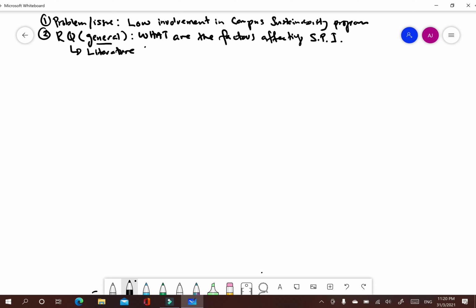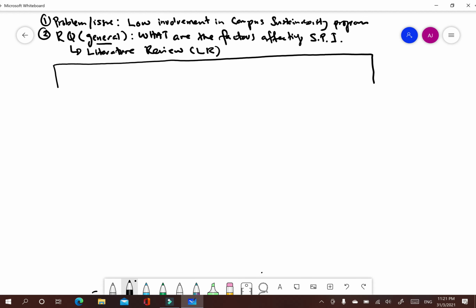literature review. Okay, so this is the process. Now, as a guidance, we can have what we call a summary of literature review table. For example, you can have this kind of table.